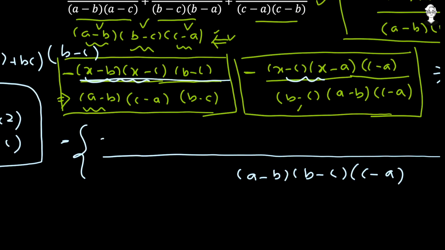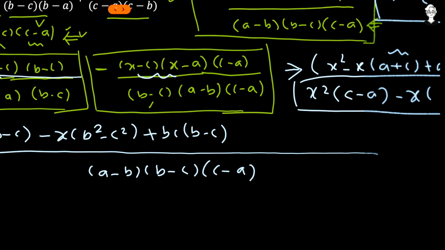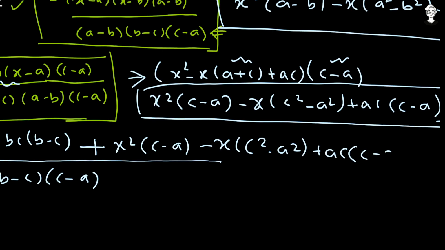So for the first one we got x² multiplied with (b − c) − x multiplied with (b² − c²) + bc multiplied with (b − c). Now the second bracket, so plus x² multiplied with (c − a) − x multiplied with (c² − a²) + ac multiplied with (c − a),